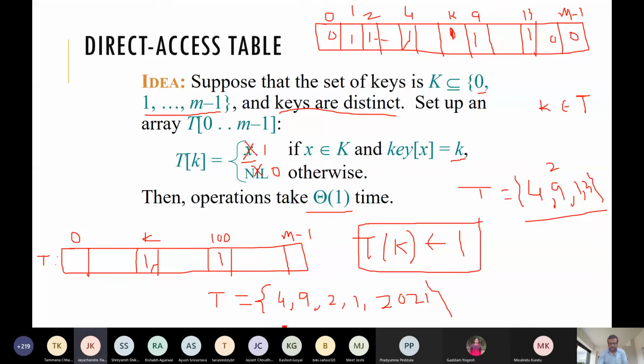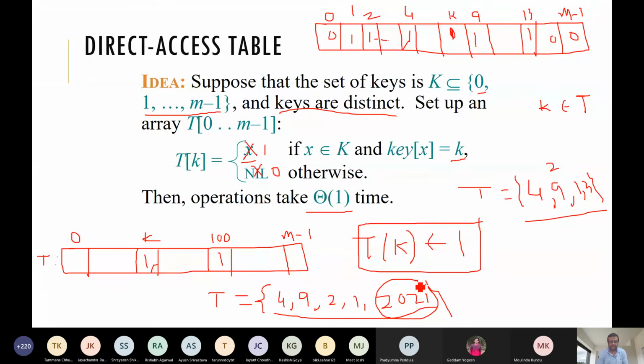Suppose we have this set, with only 5 records. But what is the size of our direct access table? Size will be this much because we have a bigger key value. So that is the problem. If we are having some bigger key value, then we need to maintain a bigger size table. So that is the drawback.